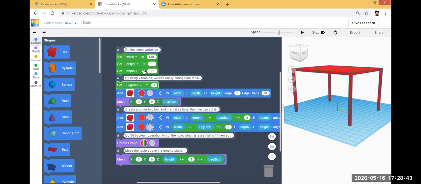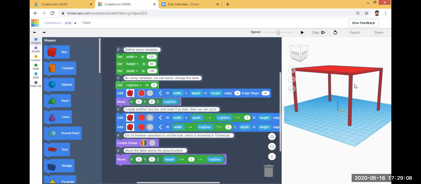In this way you can set different variables, then you can add objects, and then you can conduct boolean operations, etc. In this way, with the help of code blocks, you are able to create the 3D design. This type of creating 3D design is called code blocks in Tinkercad.